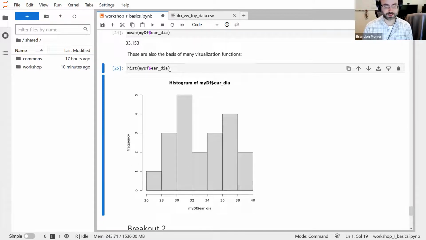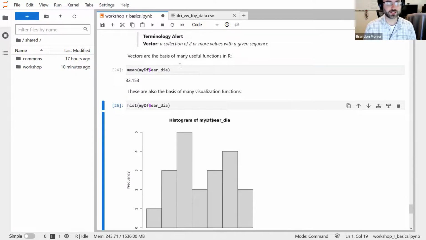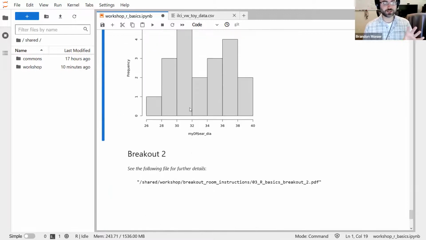We're just looking at the distribution here, albeit this is 20 values, so take this with a grain of salt. But when you're doing this on your actual data where you have hundreds, if not thousands of observations, this will look a little bit more interesting. So yeah, that is the second part. And that leads into